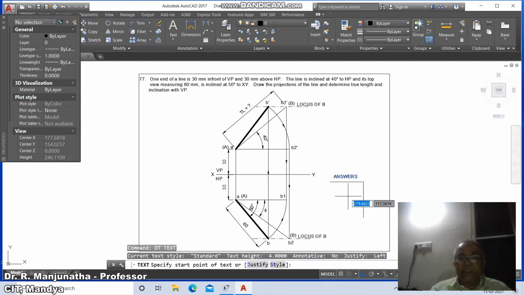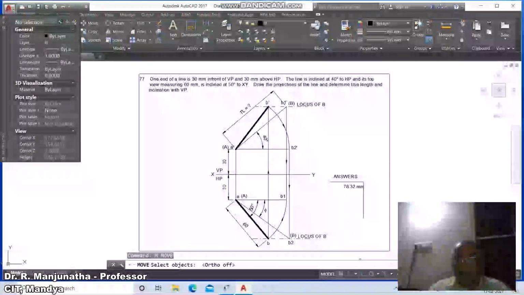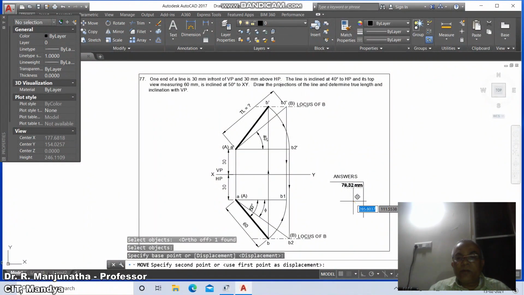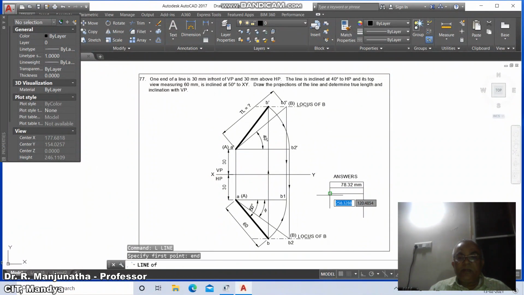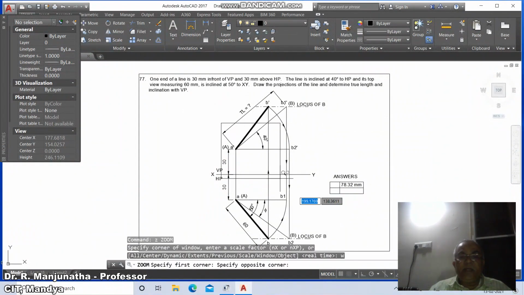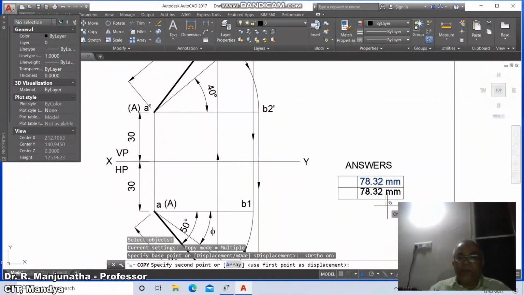So here go to dtext, here you type text height as 4, type 78.32 mm, then go to move, switch off the ortho mode and place this wherever you want, and go to offset, take the distance as 7, so select this and offset it here, then go to line, take endpoint of this to endpoint of this, then go to line, nearest point on this and drag a horizontal or perpendicular to this, then go to fillet and fillet it, then here you take a copy, select this line, select this text and copy it till here, and go to ddedit, select this and make it